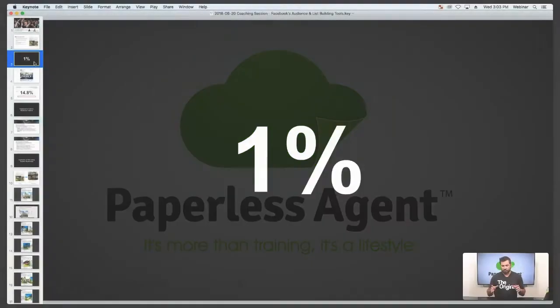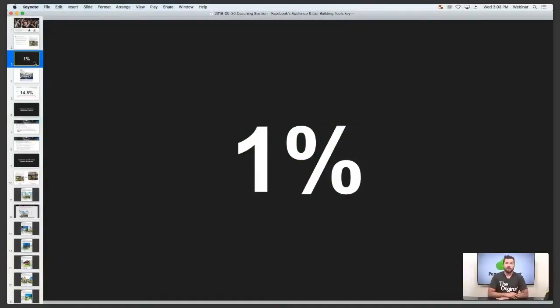I wanted to preface the information I'm going to share with you today on this number, 1%. Does anybody know what this 1% stands for? And no, it's not for the top 1% wealthiest people in the world. No, this 1% relates to a rather unfortunate statistic when it comes to marketing, very specifically marketing on